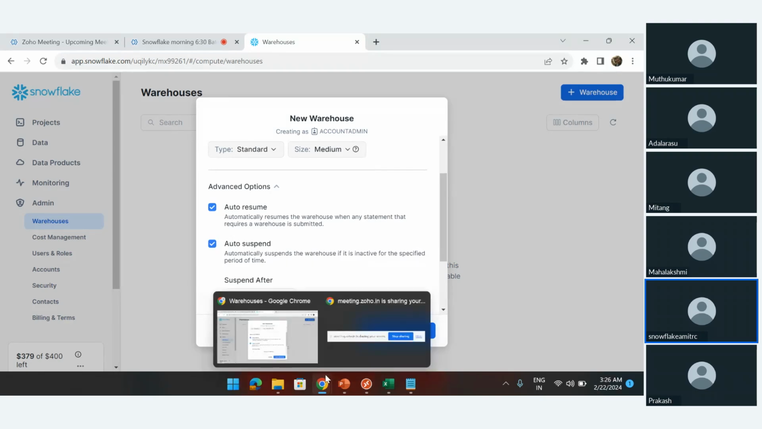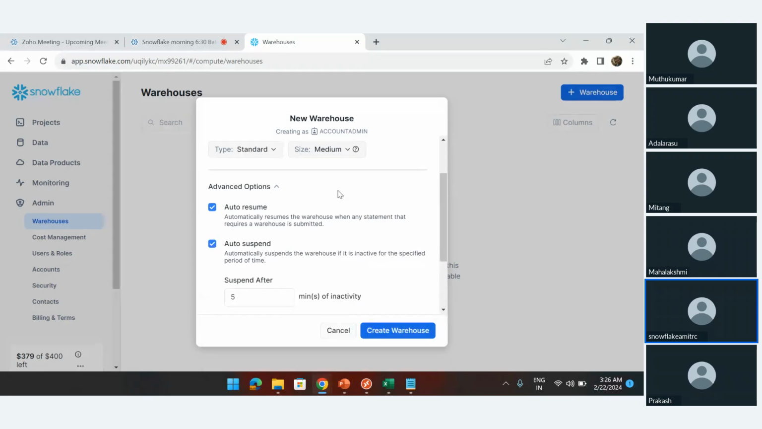As I told you, whenever the virtual warehouse is started, whether it is executing any query or not, it will be consuming your credits. To protect that, we can set up an auto suspend option. Let's say I set it so that after 5 minutes of inactivity, if the virtual warehouses are inactive continuously for 5 minutes, then